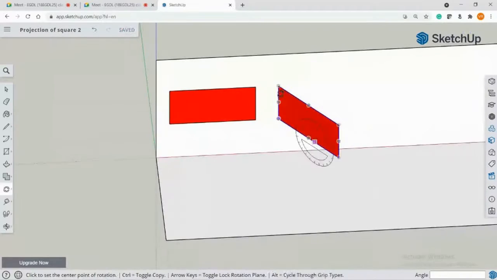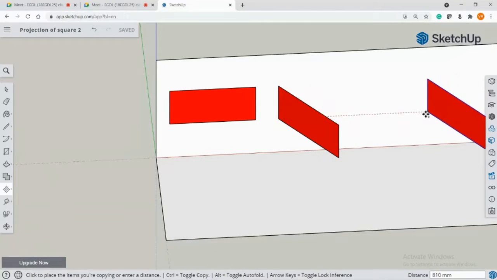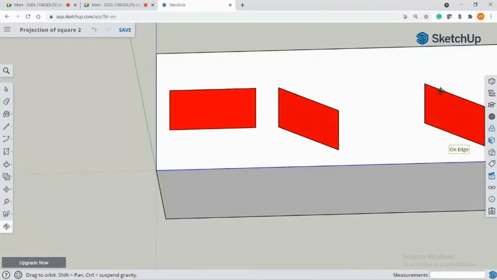And the last step is this edge is inclined to the horizontal plane at an angle. How much? 40 degrees. Now let me just use the move command. Let me just place it here.